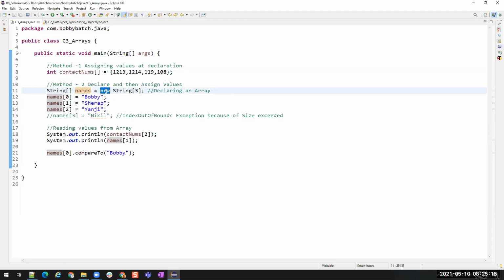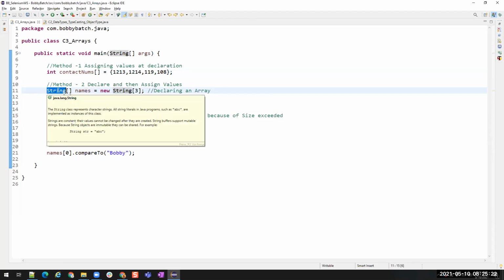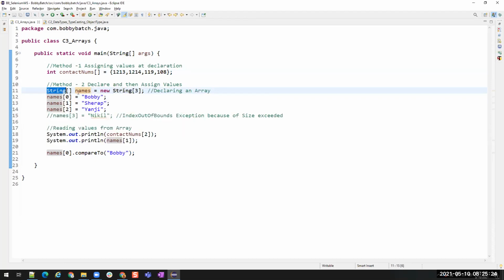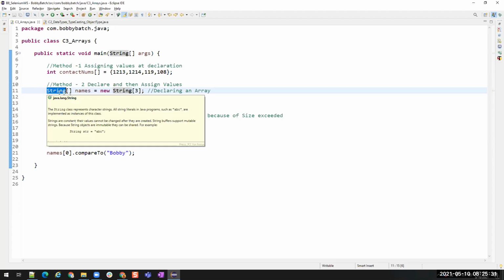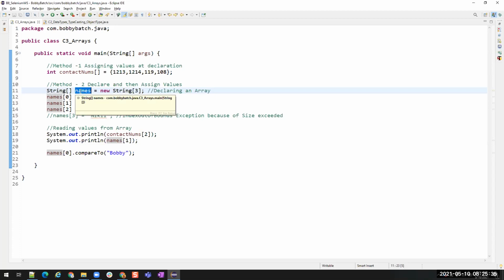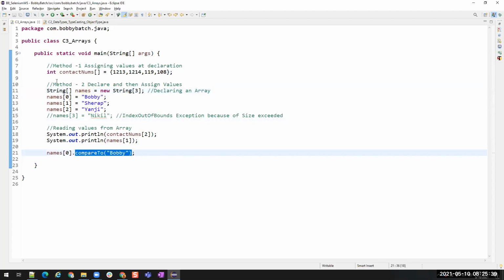When I use new, it is going to create an object for the string class. That means a duplicate copy of the string class is inside this names variable in your memory. So all the methods, all the variables, all the functionality of the string class is stored inside this names object. That is the reason when I press this, you are able to see all the methods of this string class.